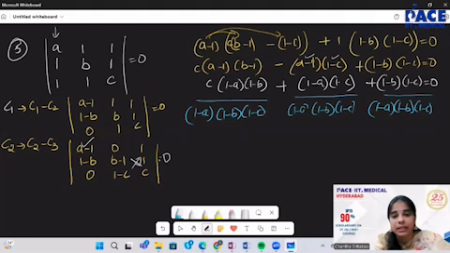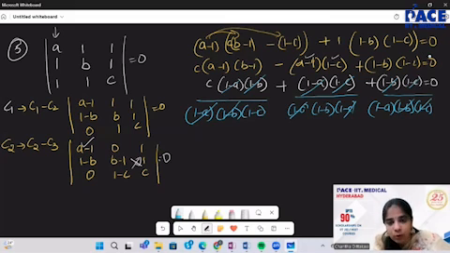Now, terms are getting cancelled here. Observe here. These two got cancelled. 1 minus A with 1 minus C also. 1 minus B along with 1 minus C also got cancelled. I am left with C by 1 minus C plus 1 by 1 minus B plus 1 by 1 minus A